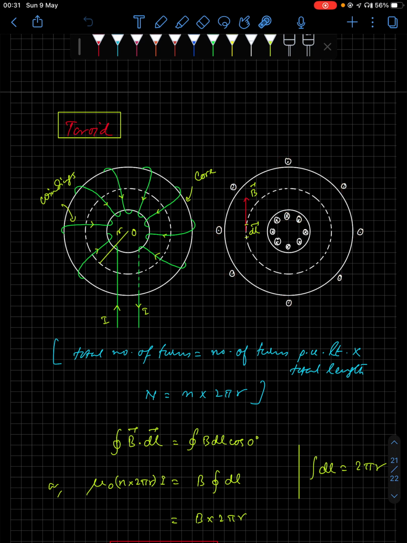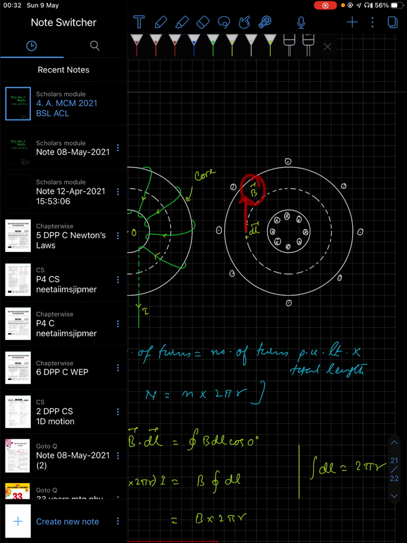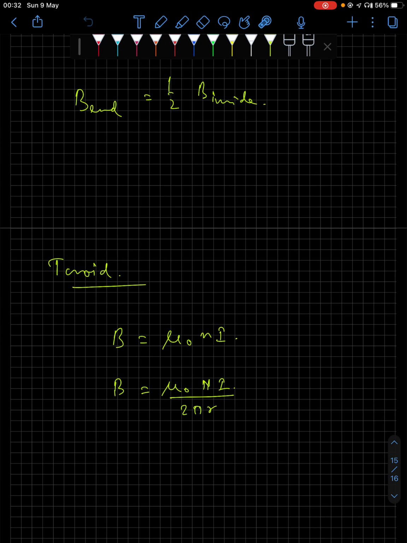Okay, so in such a case, again, if you use the right hand thumb rule and place your fingers along the direction of the wires carrying current, you'll see that the thumb is pointing upwards, indicating that the magnetic field will be produced in the middle of the toroid and will be directed upwards. The strength of this magnetic field is given by mu naught N i, just as in a solenoid.